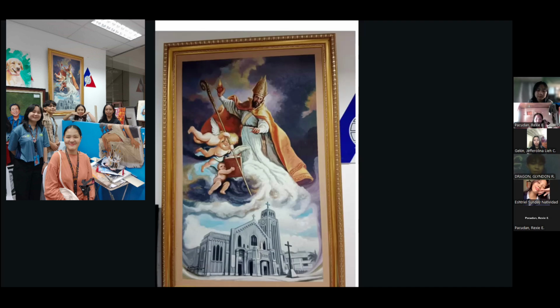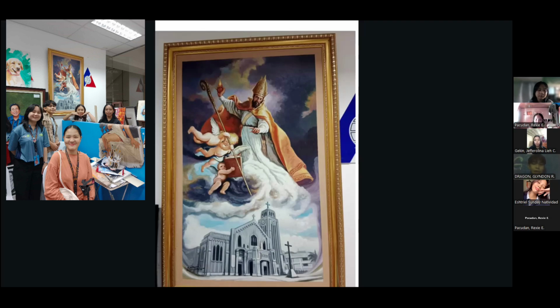In social context, the artwork could also be seen as showing the relationship between the church and the local community. The image of the saint or bishop overseeing the church might symbolize the church's influence over social values, decisions, and community life. It could suggest that the church is seen not just as a religious institution, but also as a social leader and protector in the city.